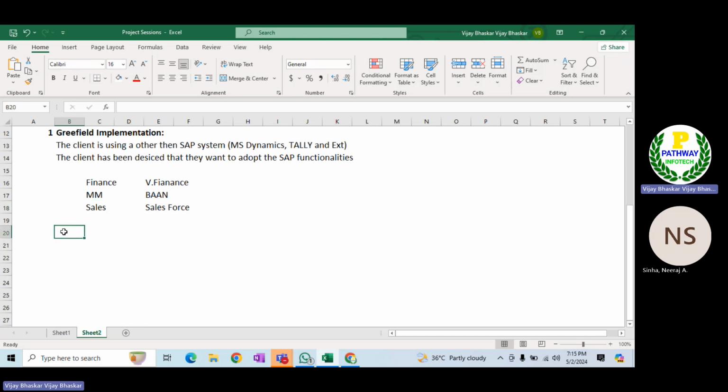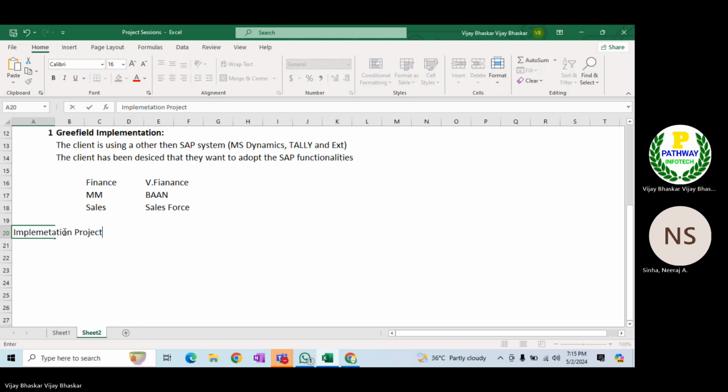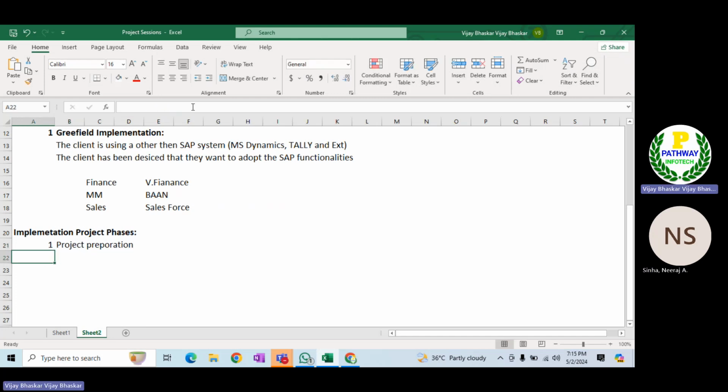Now let us see the phases in an implementation project. How many phases are there? In general, in every implementation project, the first one is project preparation. I will tell you step by step what our role is and where our role will get started. Project preparation,